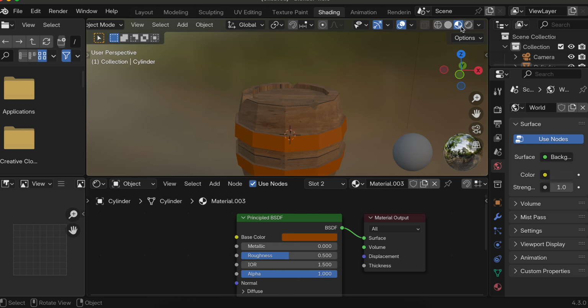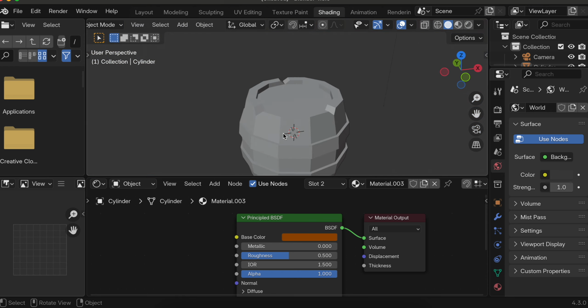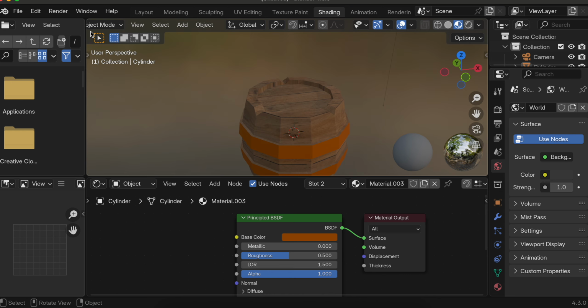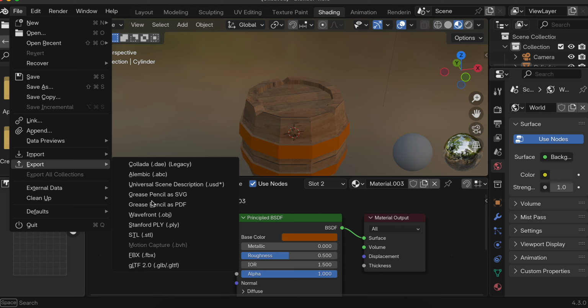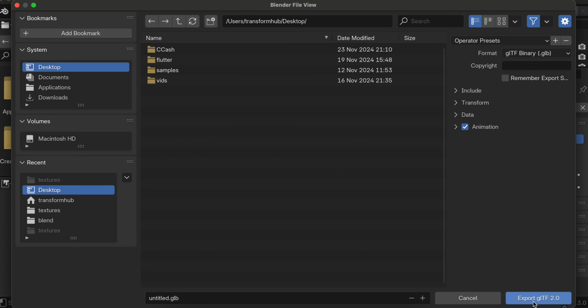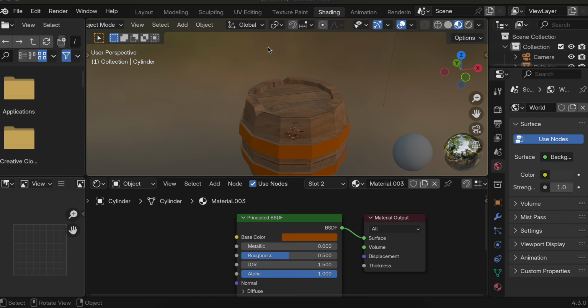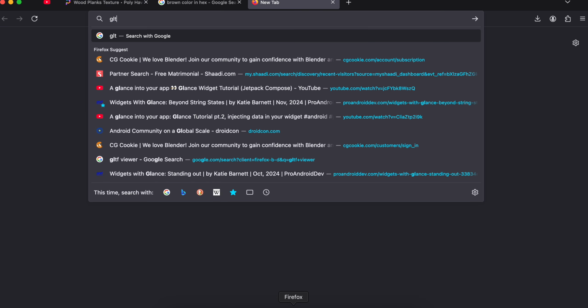If you are not able to see any of this, sorry, you will have to select this particular option. If you are in the other option, it will still look the same to you. So make sure you are in this option. Now if you want to export it, you can go to file, export as GLTF, and save wherever you feel like. And if you want to view how it will look, there are various websites, you can go to a GLTF viewer,